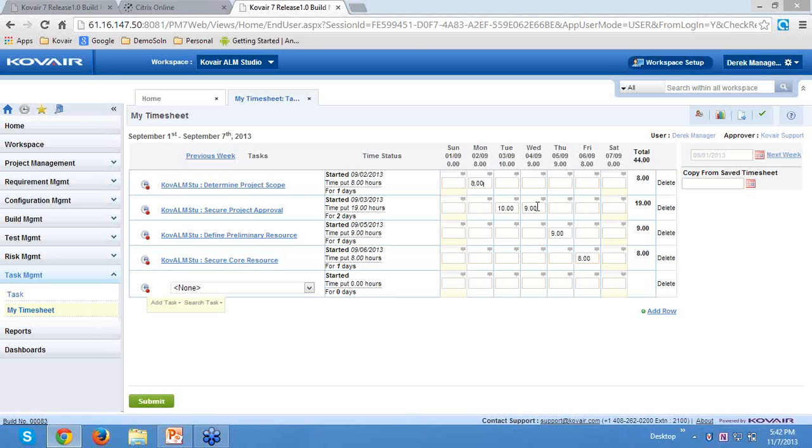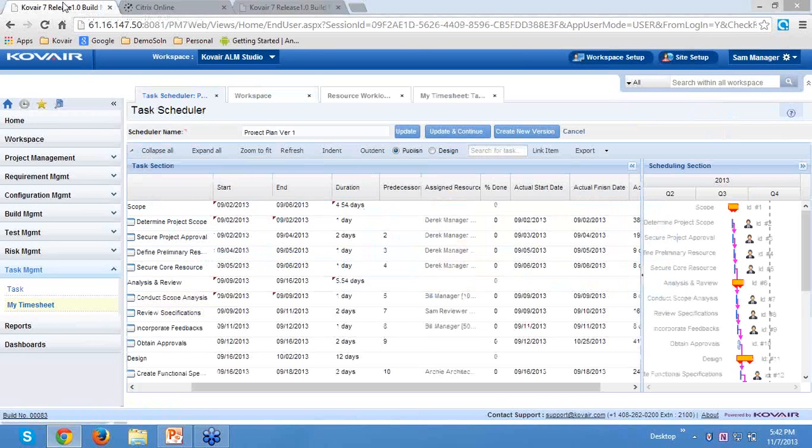Then he had booked 10 hours and 9 hours of time for the task of secure project approval, which he did on 3rd and 4th of September. Based on that, the actual data has been populated in the schedule, showing 3rd of September as the actual start date and 4th of September as the actual finish date.